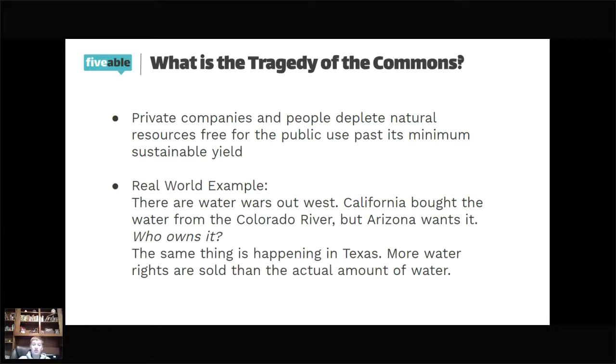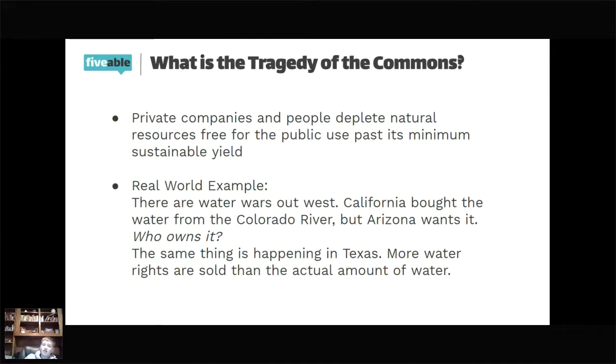And the same thing is happening in places like Texas. More water rights are sold than the actual amount of water that we have. We don't have many lakes that are natural in Texas. All of the lakes in Texas are man-made. There was one natural lake up until 2010, but then the Army Corps of Engineers went in and tried to re-engineer the lake, and now we can't classify it as a natural lake anymore. So all of our water here is not actually from Texas lakes that we're drawing our drinking water from. The Trinity River is one of the only true sources of water flowing through Texas.